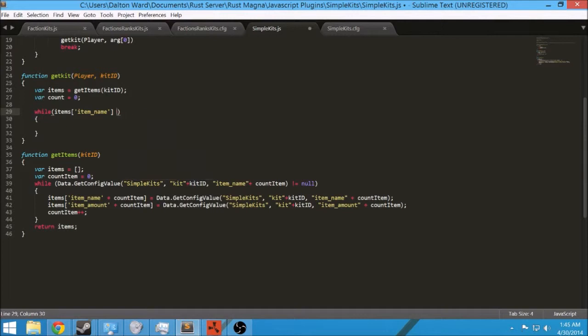Oops, okay, I messed up. That's supposed to do it in the brackets. Plus count is, let's see, is not equal to null,